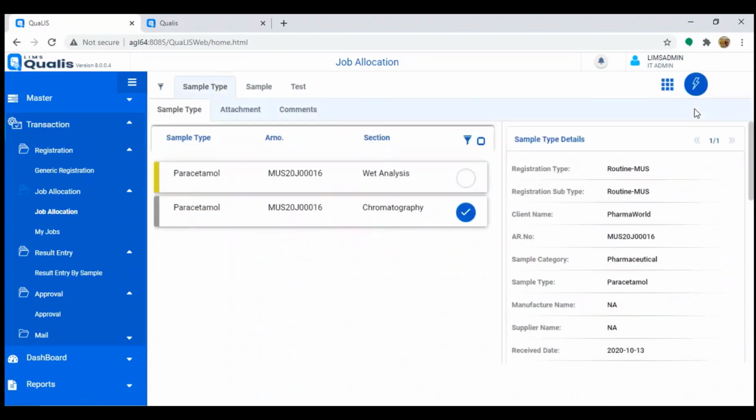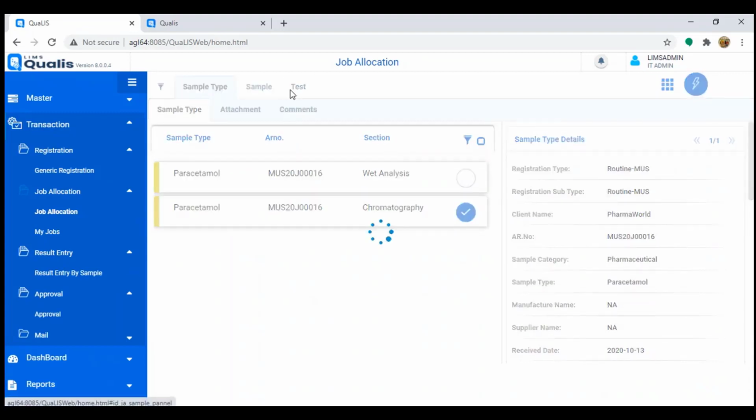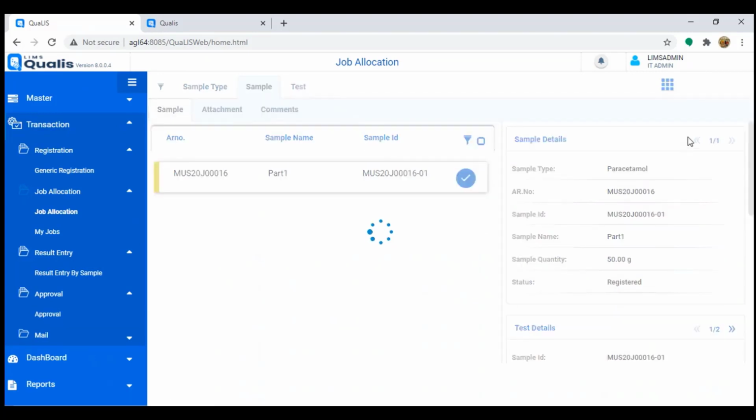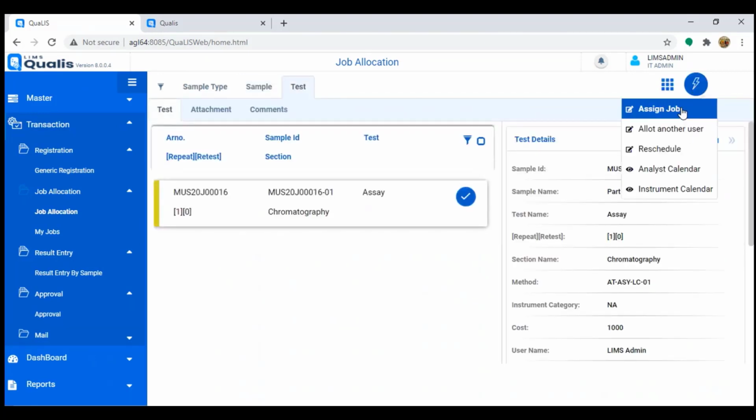When I say assay and say received it in my lab, this is a different lab now, the chromatography lab. He received it. When he goes and says assign the job for assay,